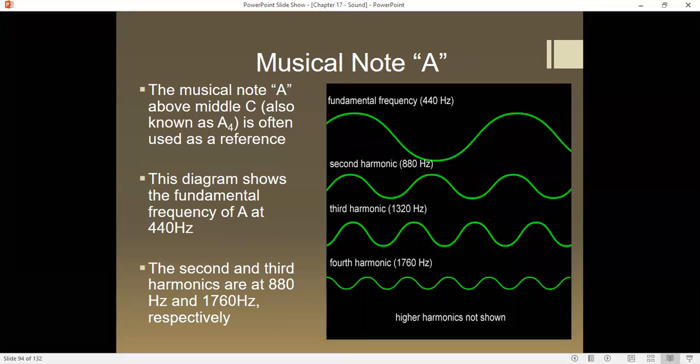Let's take a look at a musical note. This is musical note middle A. It's known as A4, also known as A above C. Its fundamental is 440 hertz. That is its F1, 440 hertz. Not surprising, the second harmonic is twice that. 440 times 2 is 880 hertz. Times 3, 1320 hertz, times 4,